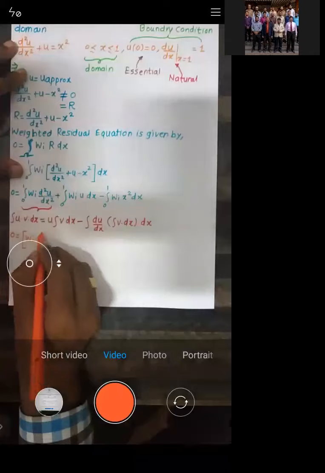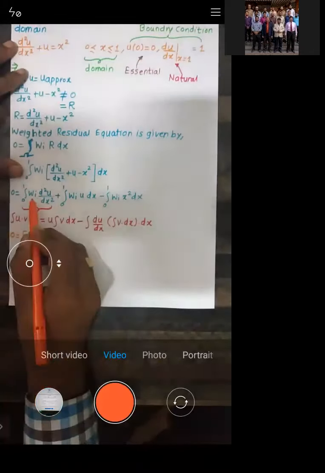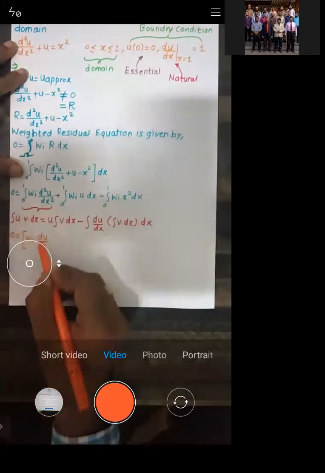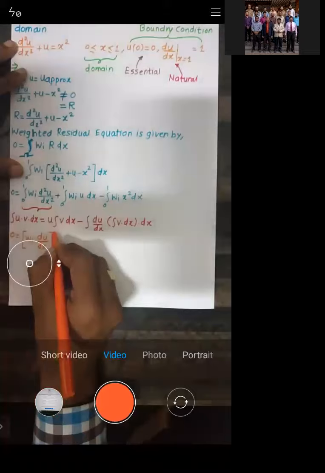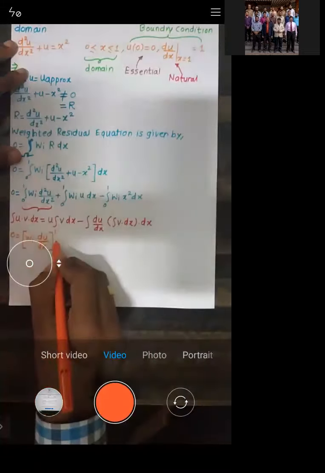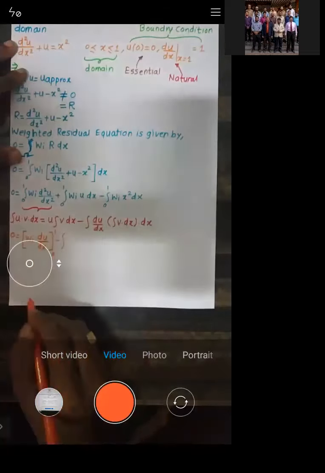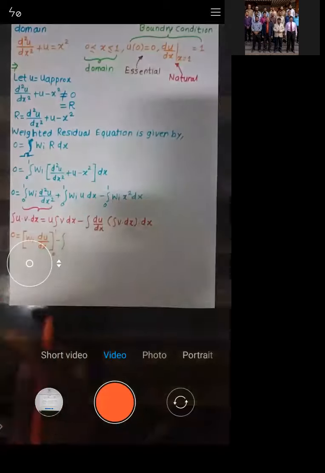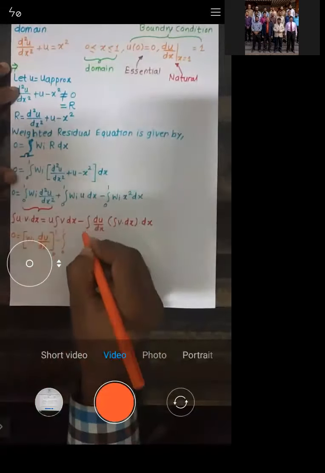Okay, so obviously it is du by dx. See, first term as it is into integration of second. So when you integrate it, you need to give the limits, that is 0 to 1. Minus integration. So I need to write down the limit 0 to 1 minus integration 0 to 1.